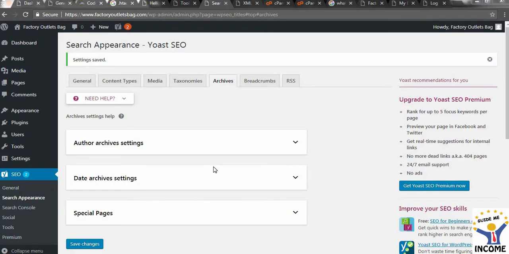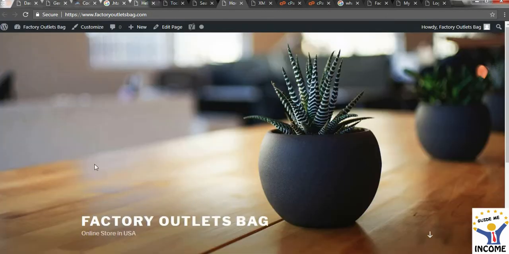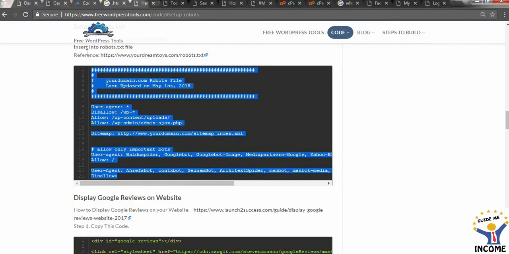Hi there. So right now we are going to install the corporate theme. If you look at our site right now, we are using the free theme. What I recommend in terms of the corporate theme is that you can head down to the free WordPress tools